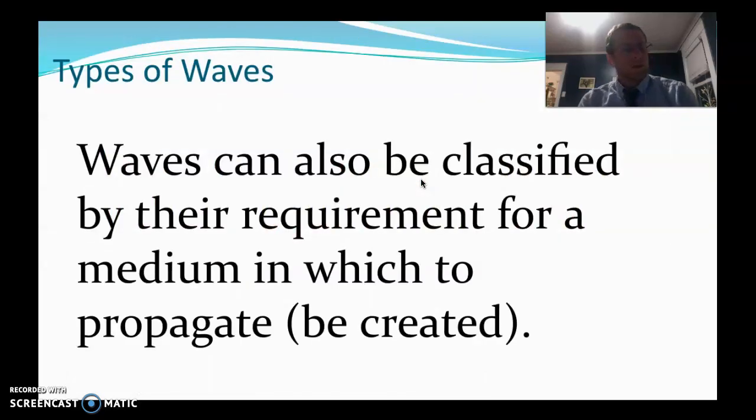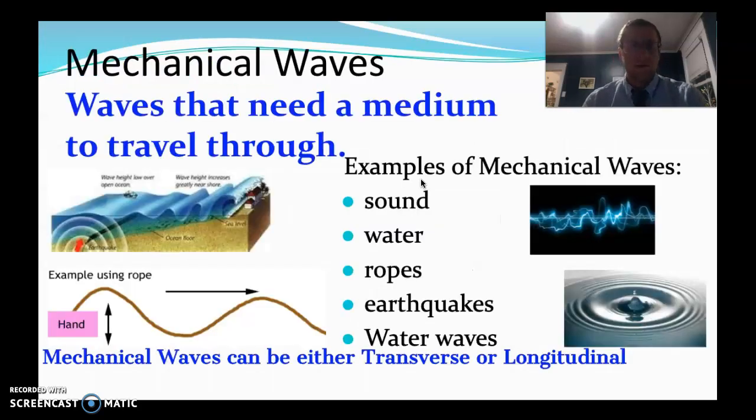So besides classifying them by what shape the disturbance takes, you can also sort them by whether they need something to move through or not. I want you to pause for a second and think, what kind of waves do you know of and which ones would need something to go through? Okay, if you're coming back into the video now, basically, waves that need a medium to travel through,